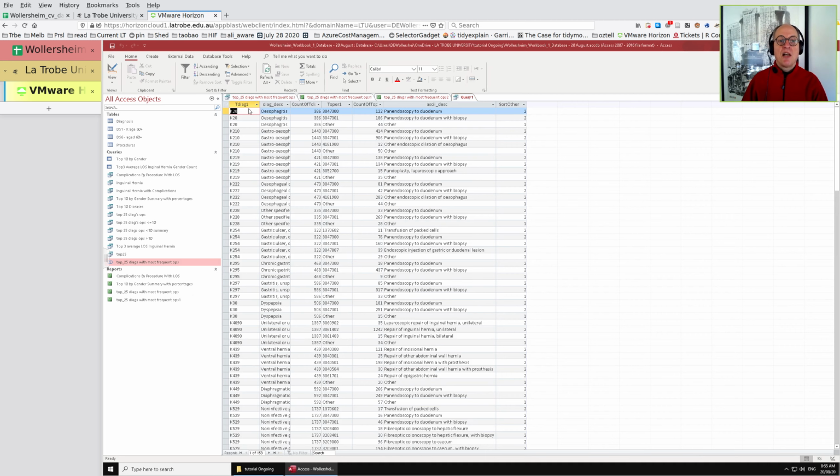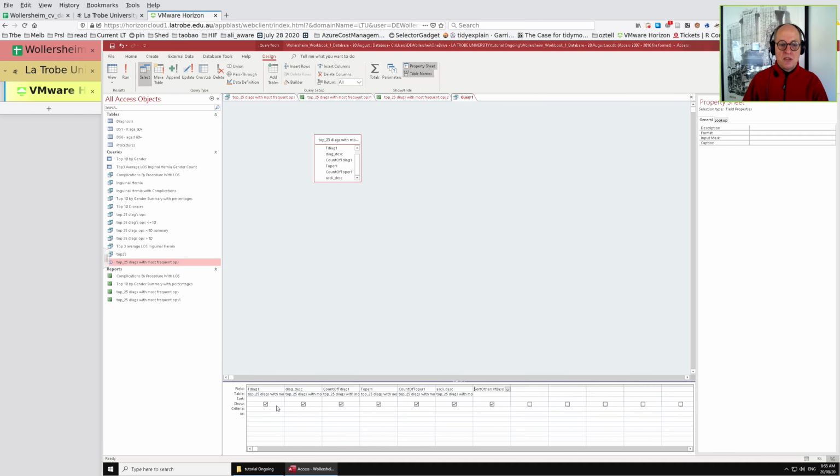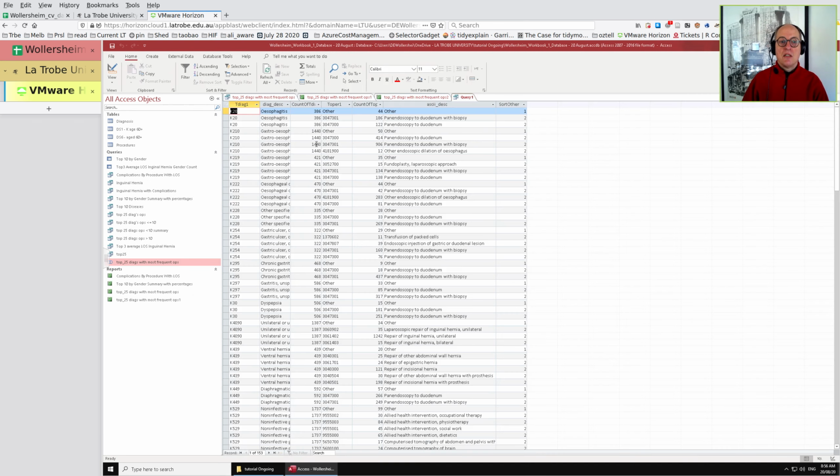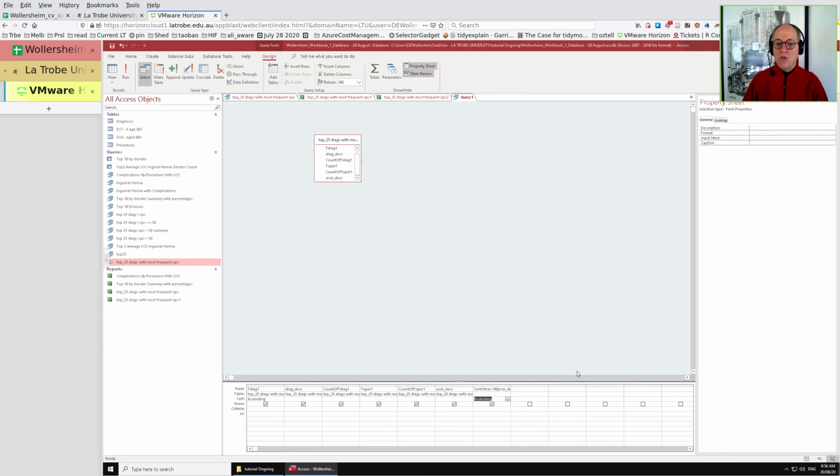So what if we wanted to move the other to the top? We could. We always want to sort by tdiag1 because that's the most important thing, but then the second level of sort is the sort other, and so we end up with all the tdiag1s together, and then the other is always at the top because it's got a value 1. And maybe the other ones you wanted to sort in a descending order within them. So basically, you always want other to be at the bottom. So you say sort descending,